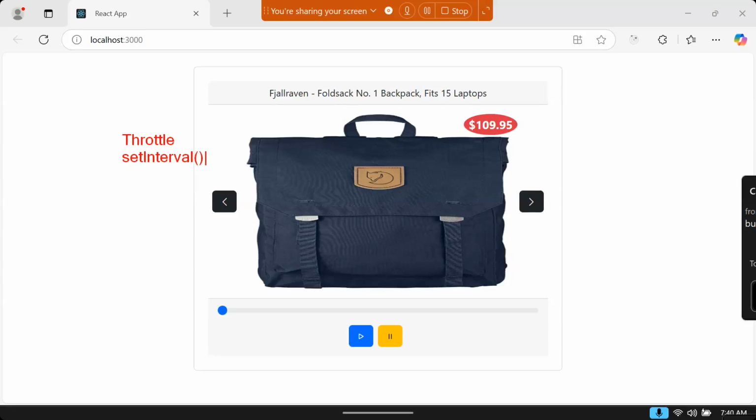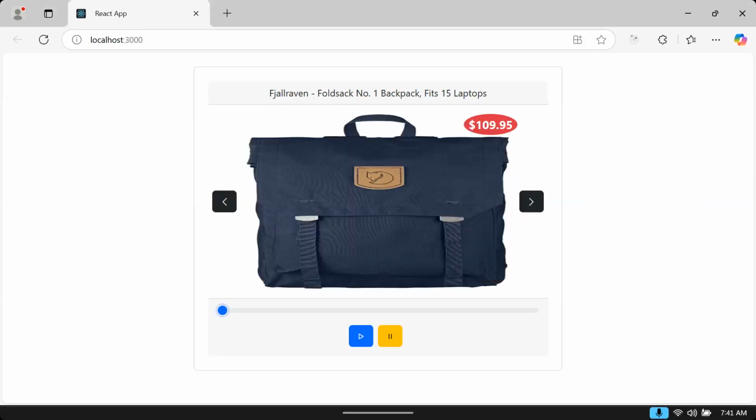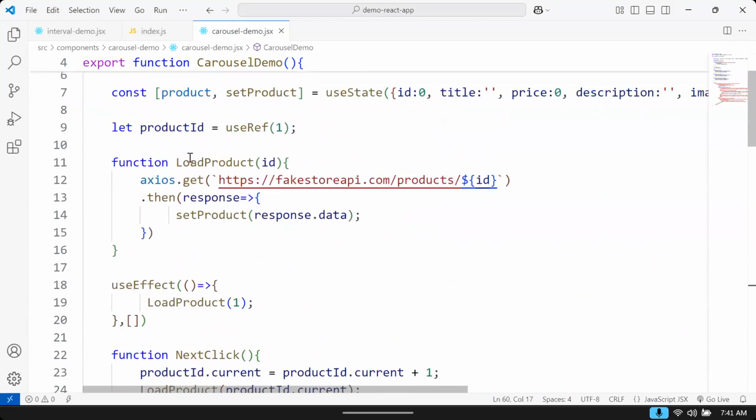Let's see. Now we need another function. Actually, this load product function is expecting a product. When you pass the ID, it will load it. But when I click the play button, I will not pass any ID. Automatically, the product should change every few seconds. So this is okay for manual, but for auto control, we need one function which automatically increments the product ID